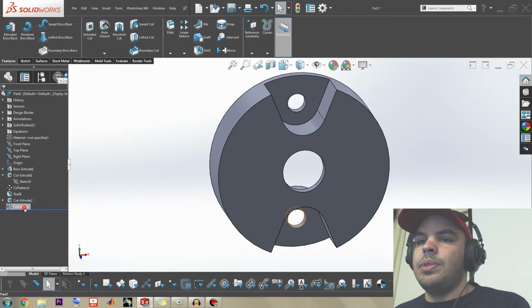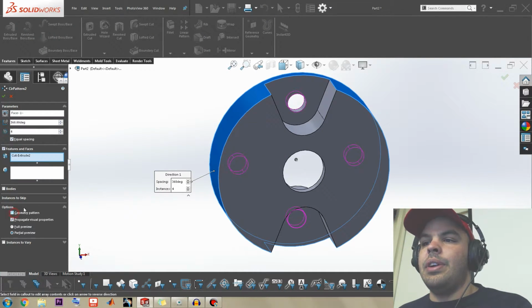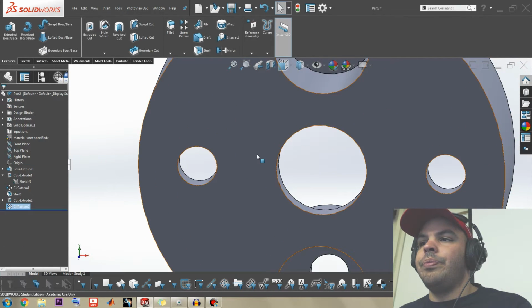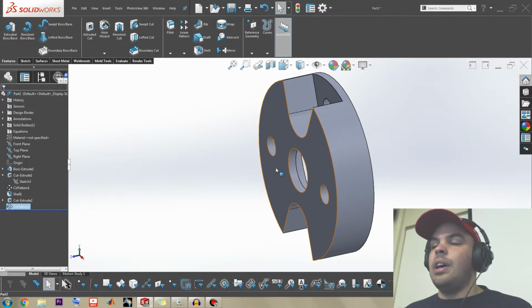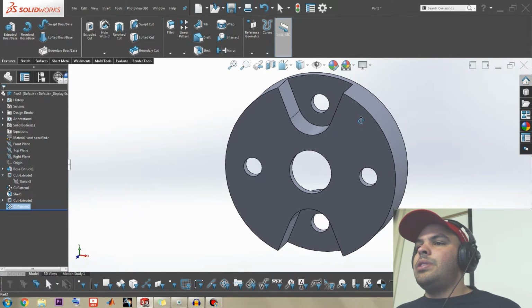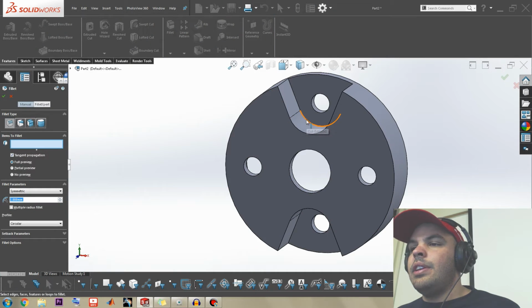Just like that, except that's another thing. If you have geometry pattern on, it won't punch all the way through. So there you go. Make sure geometry pattern is off. Then we're almost done. The last thing we need is the fillet, and of course, you guessed it, S, fillet,